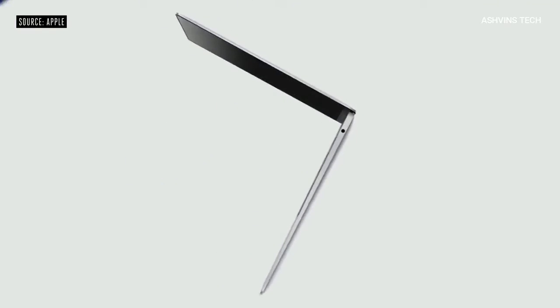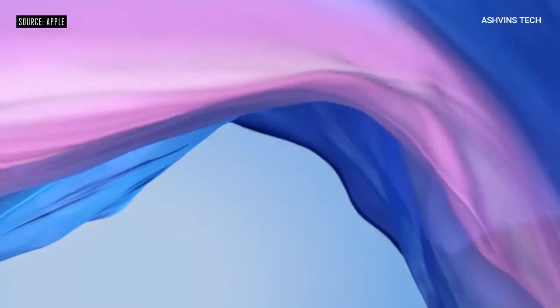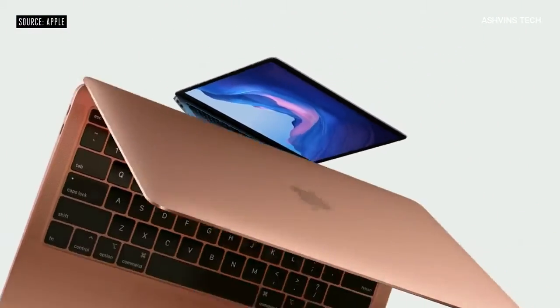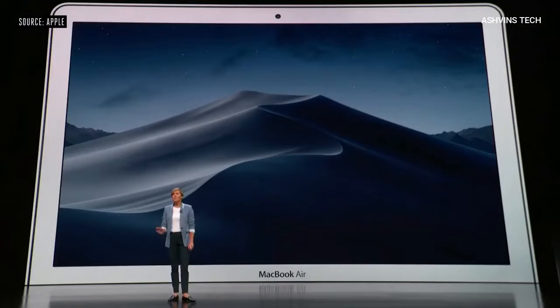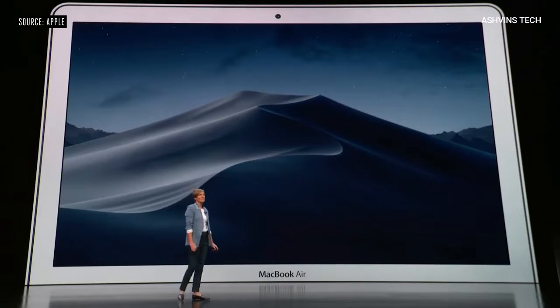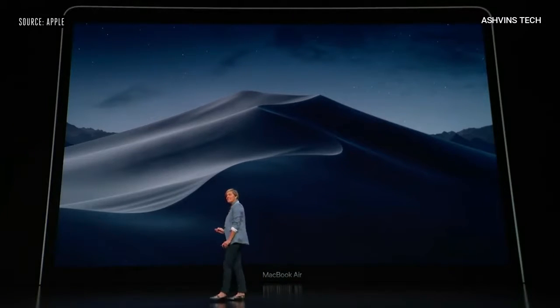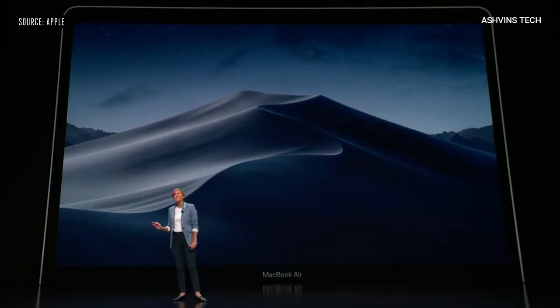Now, as Tim said, the number one feature customers have wanted in a MacBook Air has been a Retina display. But we've made the display better in every way. The familiar aluminum bezel of the current MacBook Air is gone. The new Air's sleek design takes the display glass right to the edge of the enclosure, forming borders that are